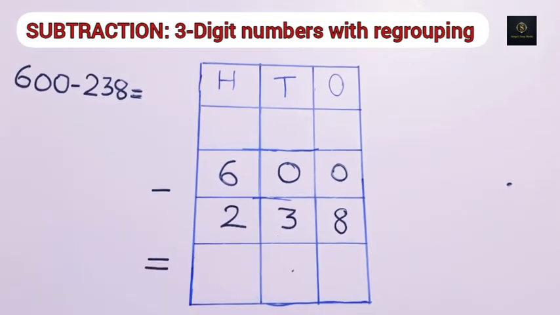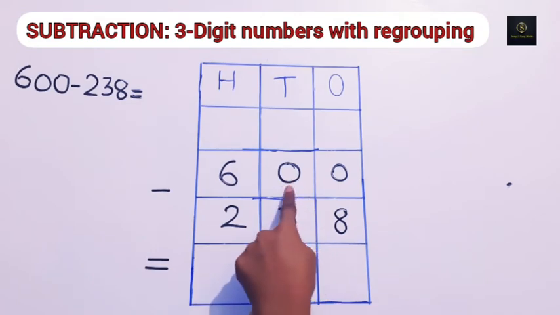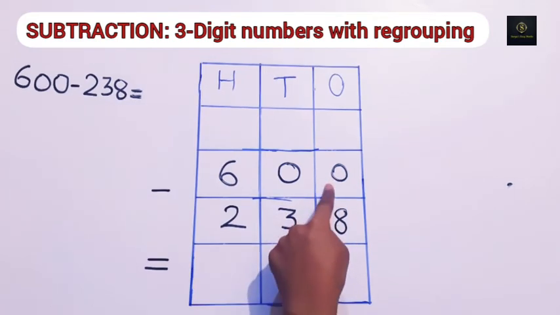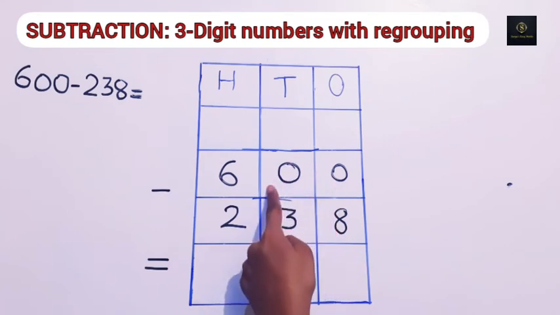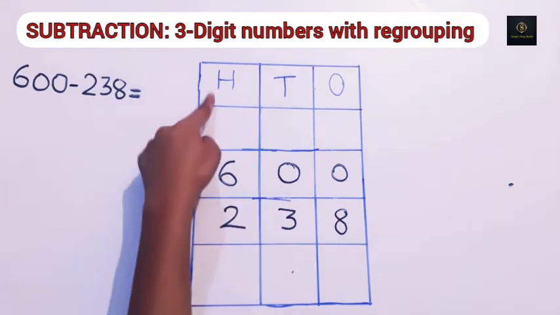Now, let's start subtracting from the ones column, that is 8 minus 0, which is not possible, children. So, let us borrow from tens. But see, tens is also having 0. We cannot borrow from tens also. So what we will do, children? Yes, children, always remember, when we cannot subtract from ones and even we cannot borrow from tens, then we must borrow it from the hundreds column.